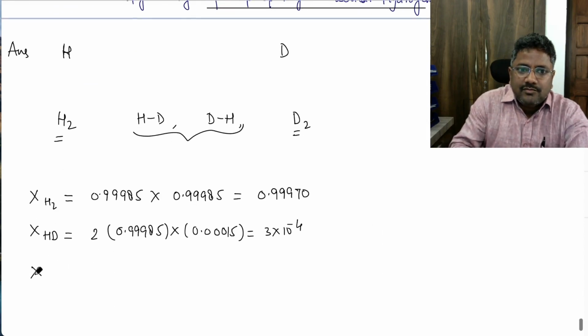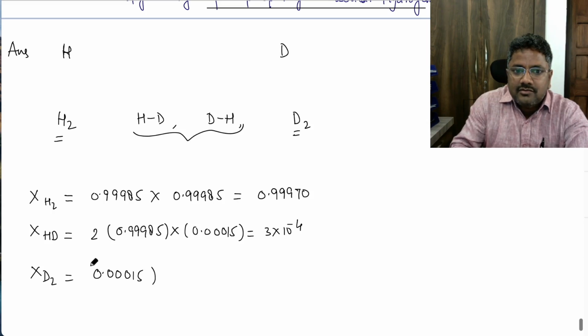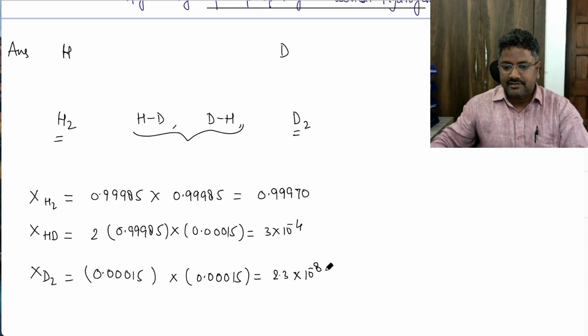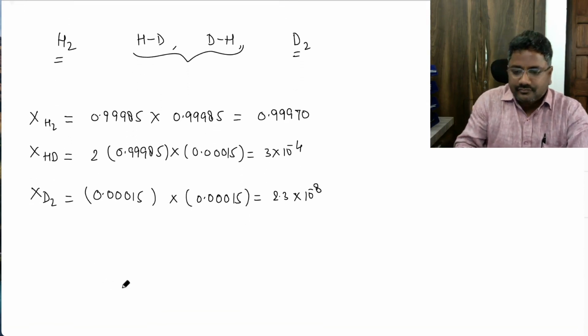Similarly, mole fraction of D2 is equal to 0.00015 multiplied by 0.00015. So this is equal to 2.3 into 10 power minus 8. Now, entropy of this mixing,